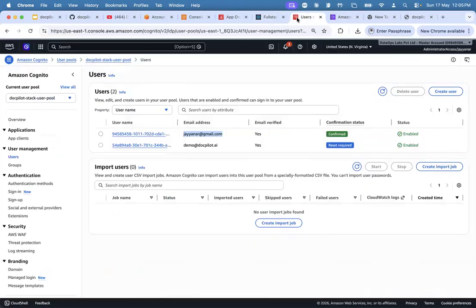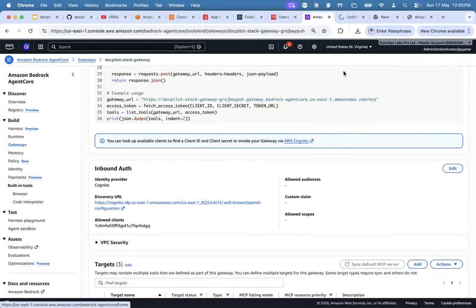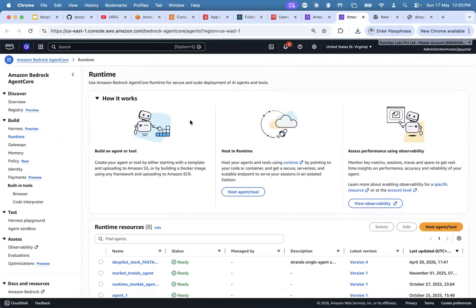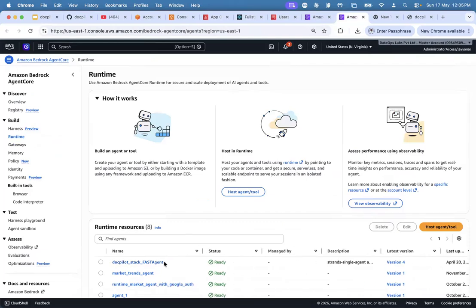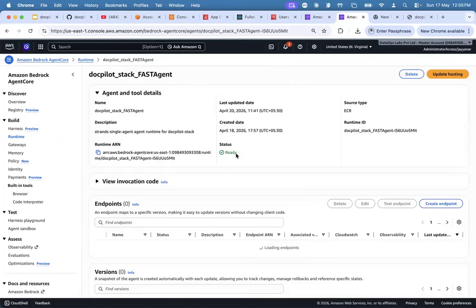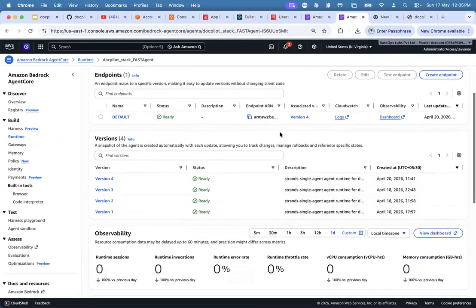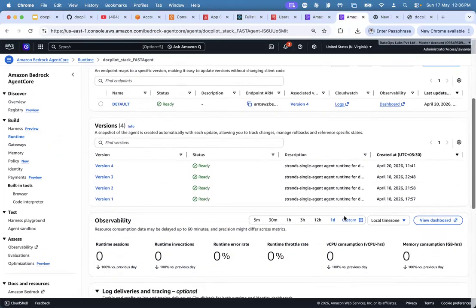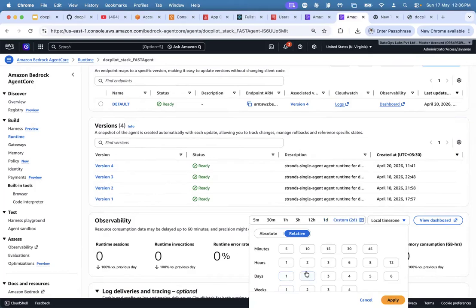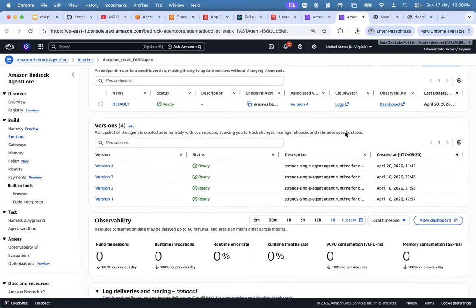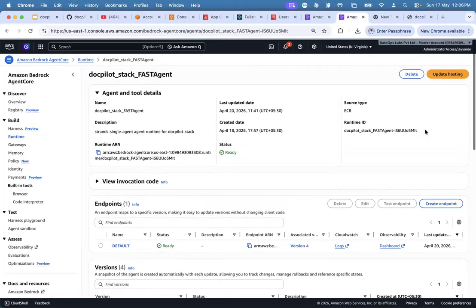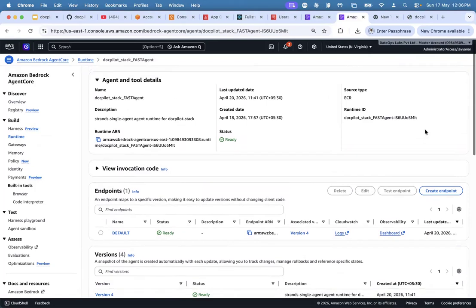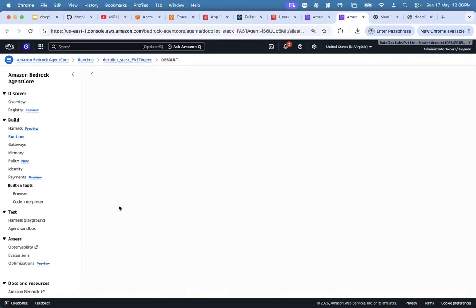Now let's go to the next one. What is the backend, how is it running the AgentCore? We will go through the AgentCore. Go to the runtime. I did it last month itself, but that's why it takes some time. I did multiple deployments, the last one two days ago. Okay, this is the AgentCore. We deployed it, and this is our endpoint.